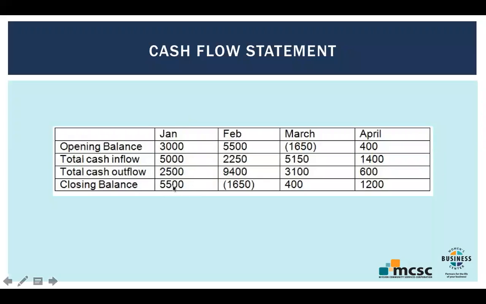So we're left with a bigger number. The reverse of that is true in February. We take in more cash, we start with more cash than we did in January. We don't have as much coming in and we have a big cash outflow. So we're actually left with a negative number that carries over to the balance for the next month.